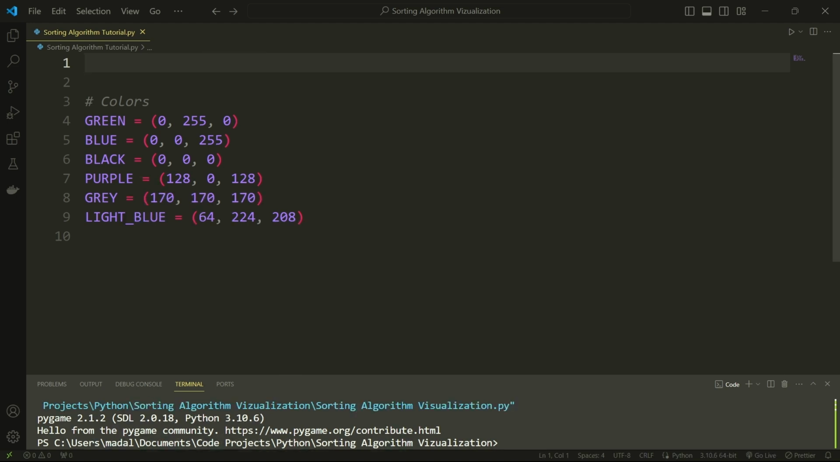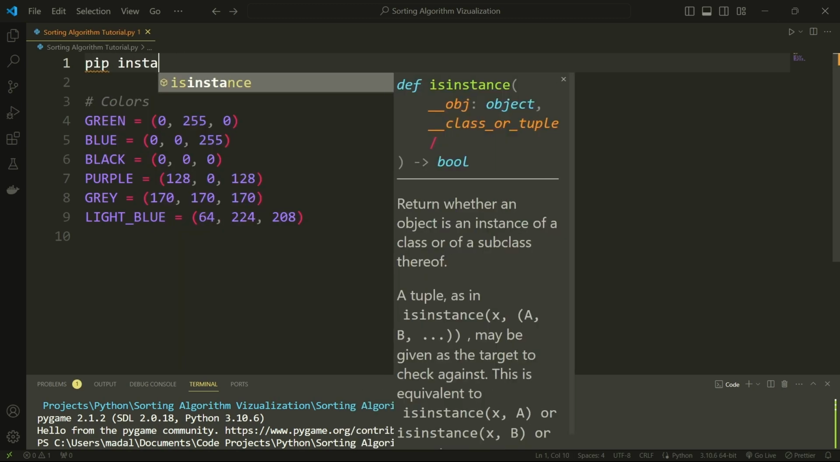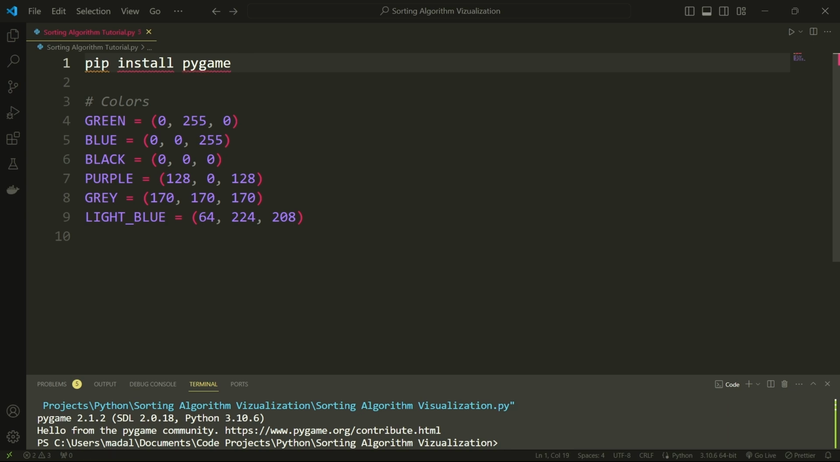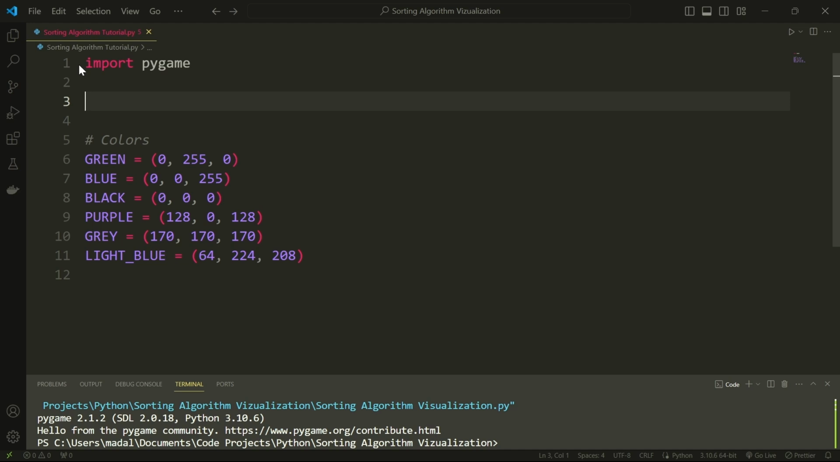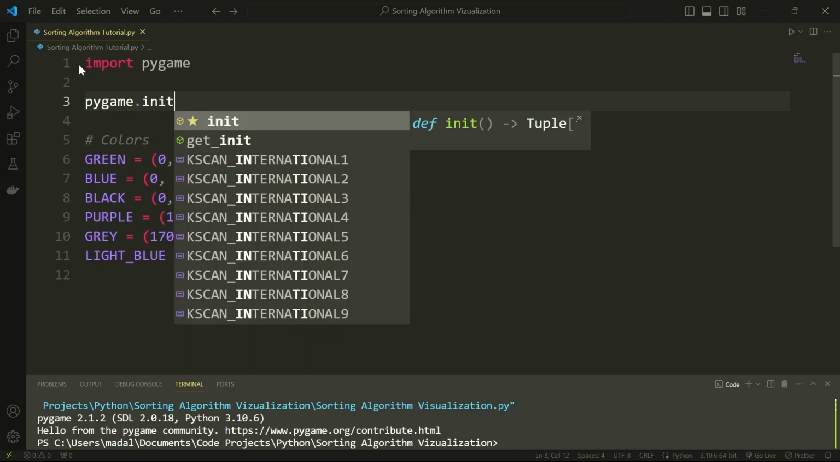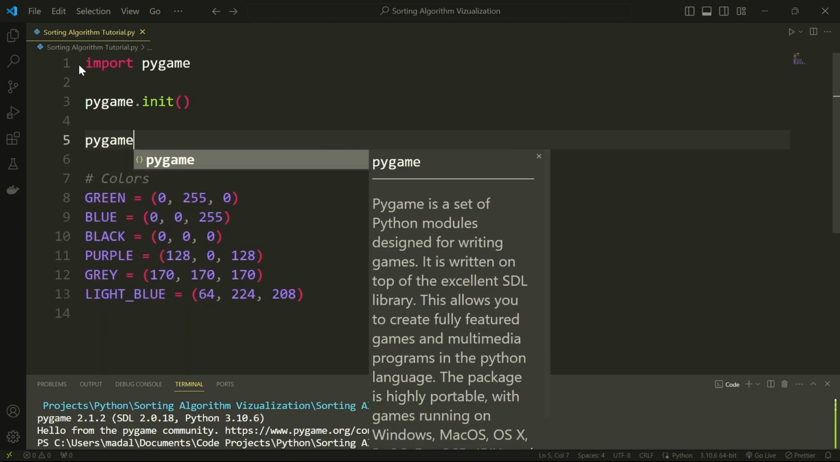And the first thing we're going to do here is install pygame. So go to your shell or your terminal or your command prompt and type pip install pygame. This should install pygame for you. Now let's actually import pygame into our program. Let's say pygame.init. So we're going to initialize pygame. Then we're going to say